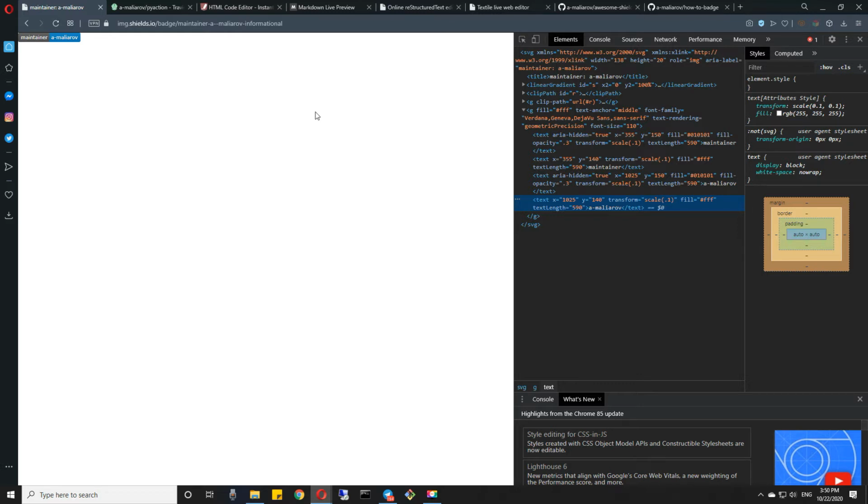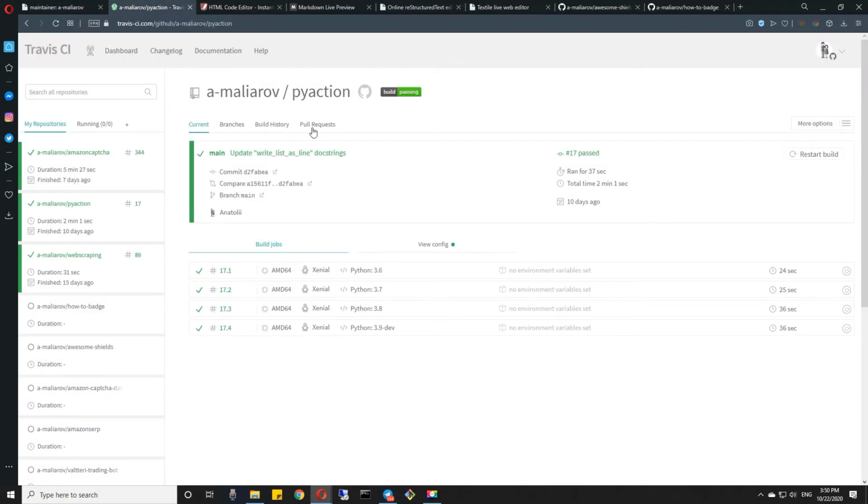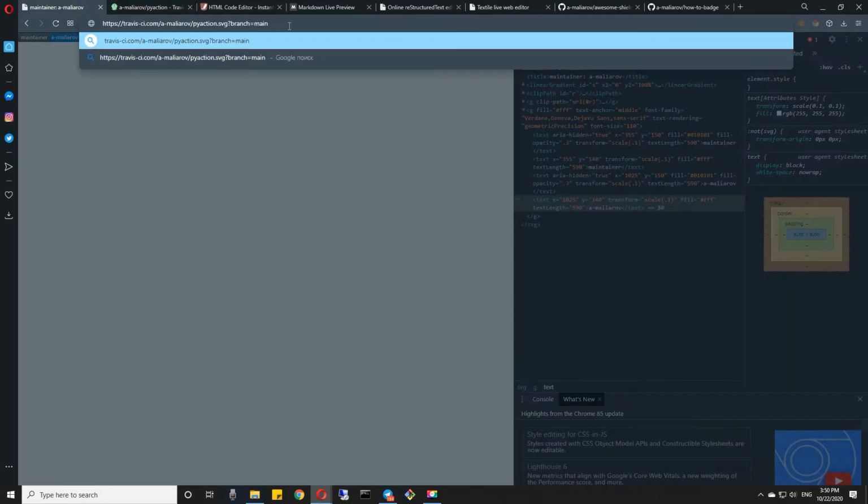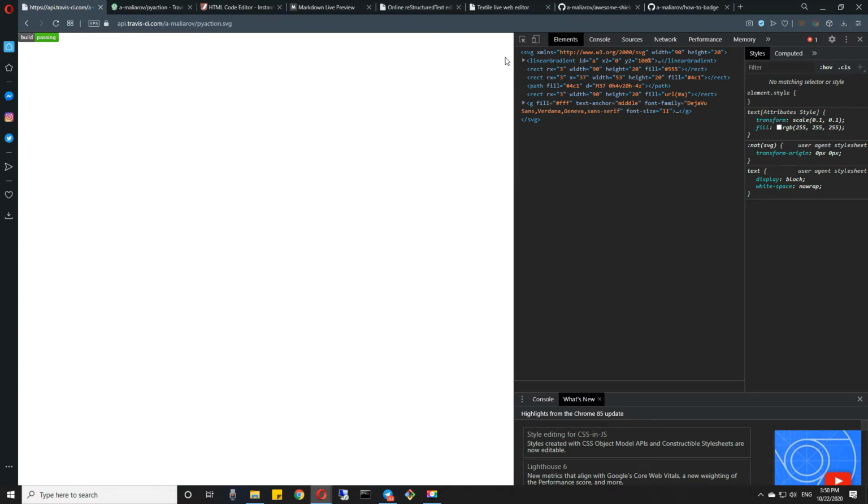Now, we can already say that a badge is just an image, but just to prove it, let's go to Travis CI because they also provide their own badge services. Let's copy this badge using this link. And what we've got as an output is also just an SVG. So a badge equals an image. Therefore, the main question is not how do you insert a badge using different markup languages, but just how do you insert an image in different markup languages. Now let's move to the demonstration.